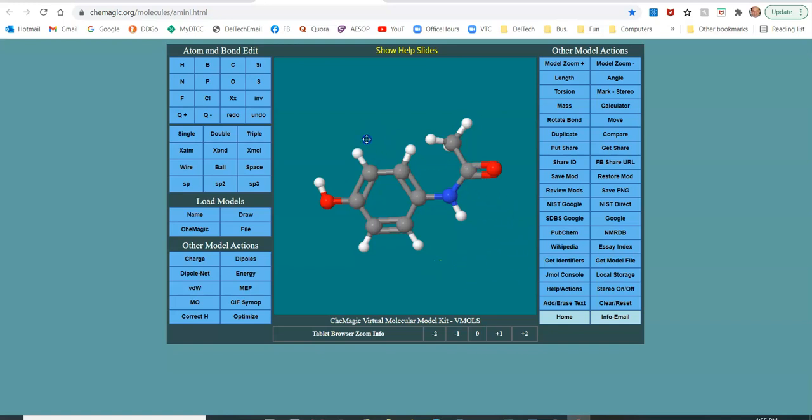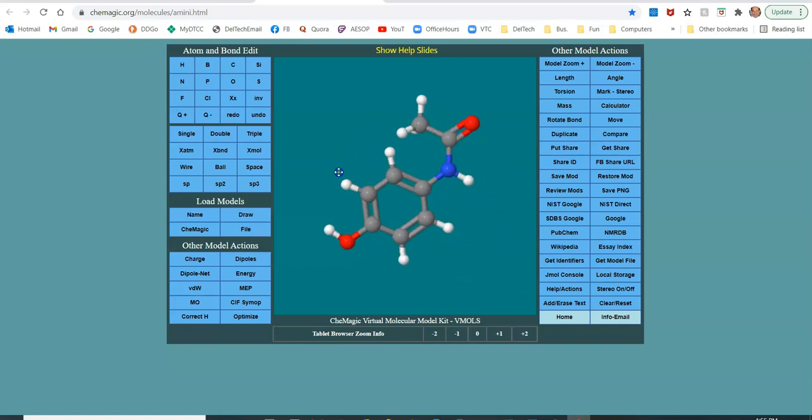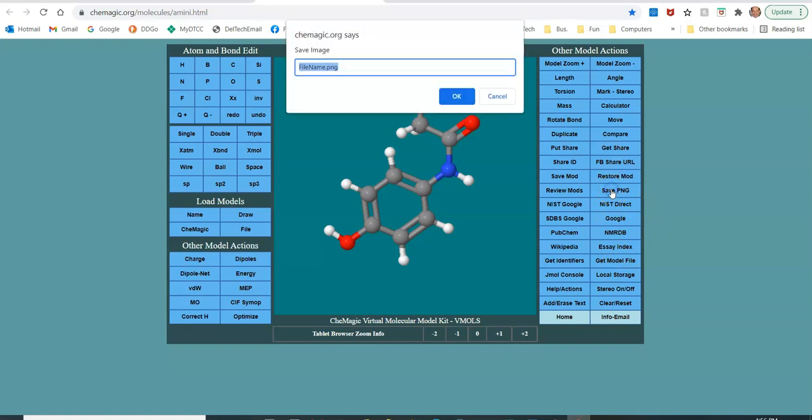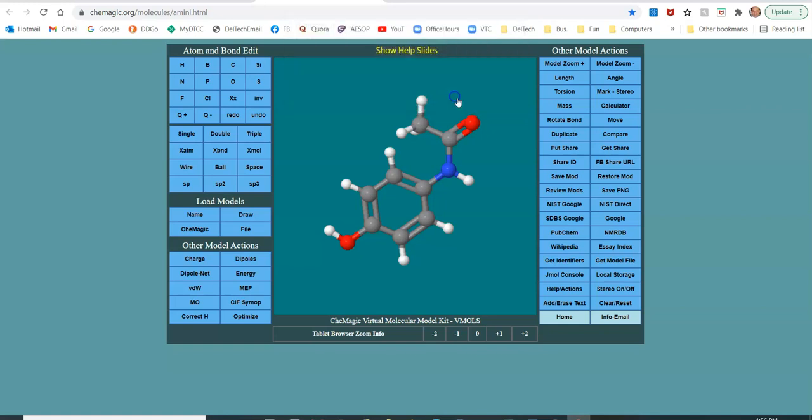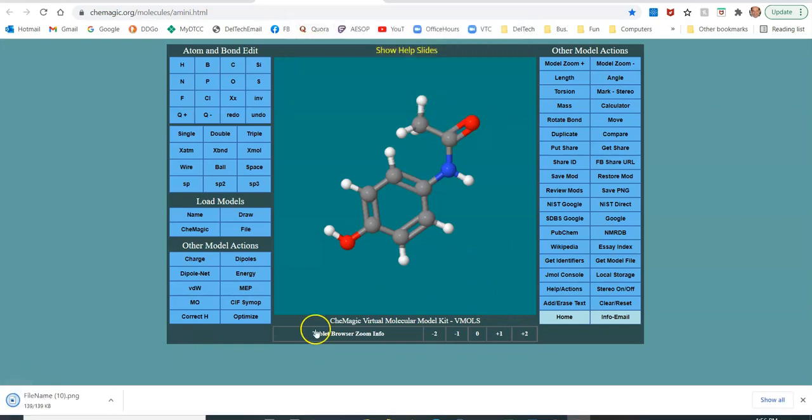And when you're done, let's say you're happy with this and you want to put a picture of this in your lab, you will click the button Save PNG, and this is an image file, and you don't have to name it. You can just use this default naming, but it'll overwrite all your pictures. So I can just name it whatever I want, but I'm going to leave it alone. I'm going to hit OK, and that just names it, and now it saves it to my computer, and I'm going to open up the file,